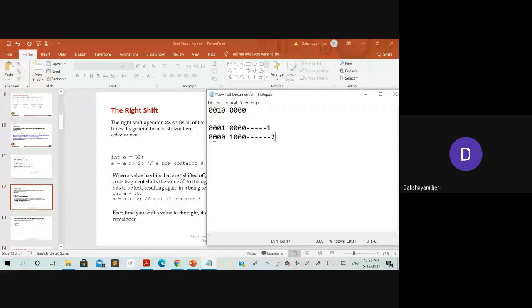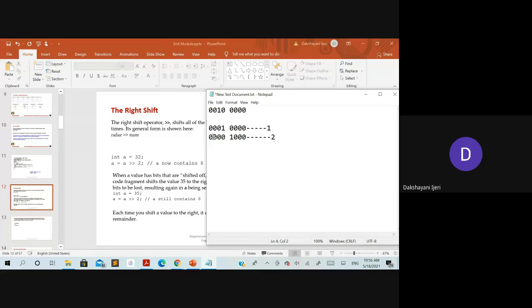So do not get confused with the left shift that we did yesterday. Here in the right shift, the procedure is: whenever you do shifting, whatever position is left vacant at the left hand side needs to be filled with the preceding value. So this value is going to be left vacant. So which value are you going to fill here? The one which is at the preceding position. That means the 0 is over here, so the same value needs to be filled here.